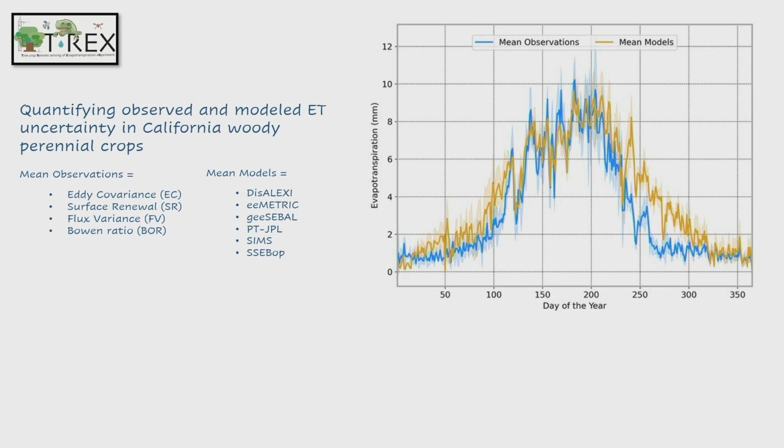So I've been making a lot of comparisons between modeled values and observed or measured values, but I think it's important to take time to really understand what the measurements mean and the error in the measurements. So what you see here is 2023 data for our almond orchard near Fresno, California. The yellow line is the ensemble with the spread around that for OpenET, and the blue is the average of 4 different methods of estimating observed or measured ET on the surface,